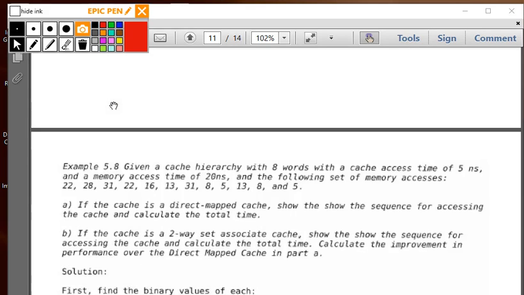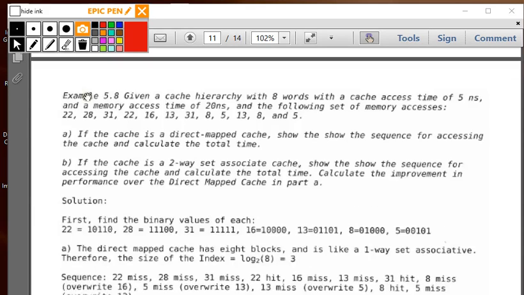All right, so example question 6.8 is where we're combining a bunch of concepts into one. This is going to be similar to what you'll see on your exam in a couple of weeks. Given a cache hierarchy with 8 words, so that's as much as I'm going to go on an exam, and a cache access time of 5 nanoseconds, and a memory access time of 20 nanoseconds, and the following set of memory accesses: 22, 28, 31, 22, 16, 13, 31, 8, 5, 13, 8, and